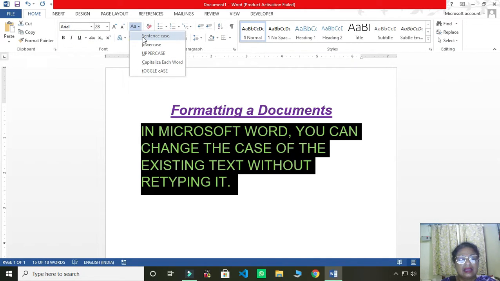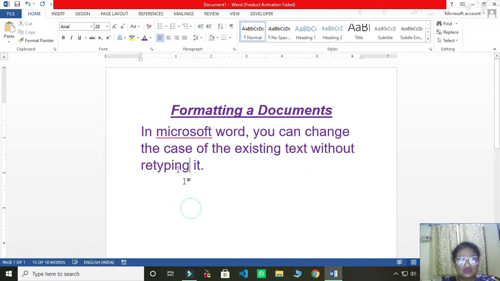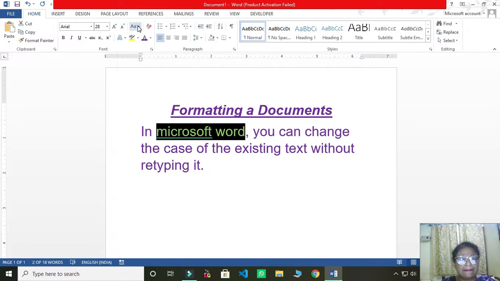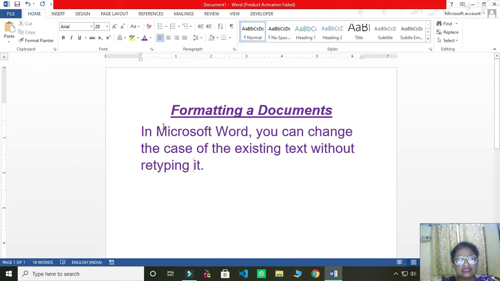Now I want to make it sentence case, so simply I'll click on sentence case, and you see here children, again Microsoft Word, because it is a name, it's coming in small and showing an error. So now I want each word in capital. So instead of erasing or retyping it again, simply what should I say? Capitalize Each Word. So you see now the first letter of each word has been changed into